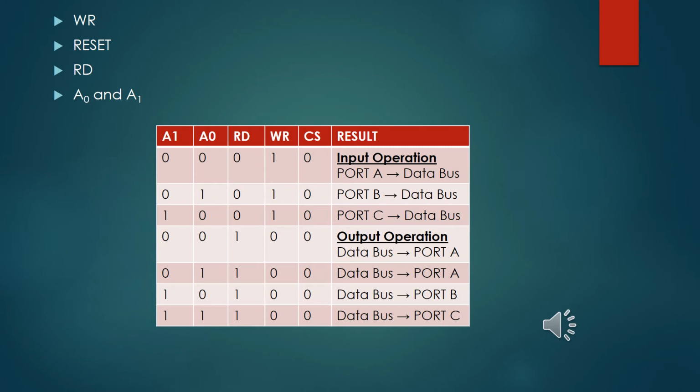As we can see, the RD stands for the read pin. This control signal enables the read operation. When the signal is low, the microprocessor reads the data from the selected input output port of the 8255. And now let us see about A0 and A1. These input signals work with read, write and one of the control signals. Following is the table showing their various signals with their results. As you can see, there is an input operation in the result and the output operation in the result.